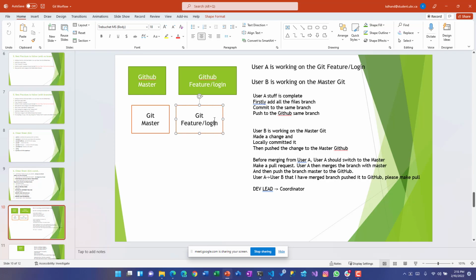So what user A, who is working on the feature login branch, does is make a pull request to get all the things which user B worked on master GitHub. He gets everything, so even his master repository is in sync. And then he switches onto master and merges his branch. Once he merges, he needs to push it back to the GitHub master,